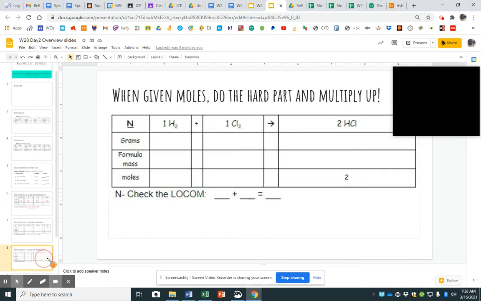You have a few problems to do. This is the only paper we're doing today. Good luck. If you have questions, please ask for help. Please get this done before you do